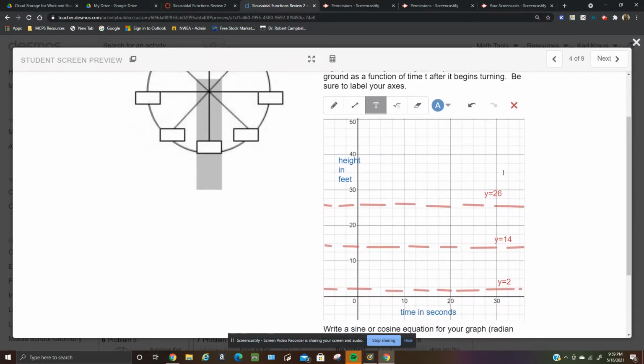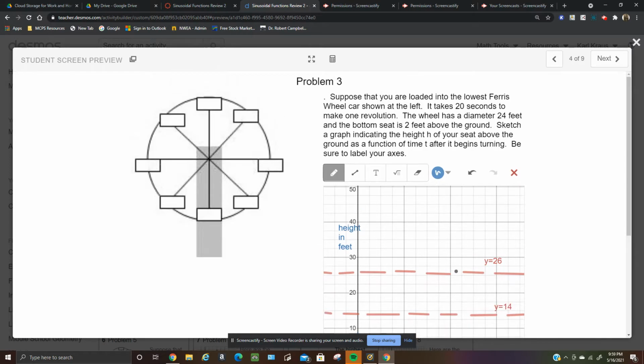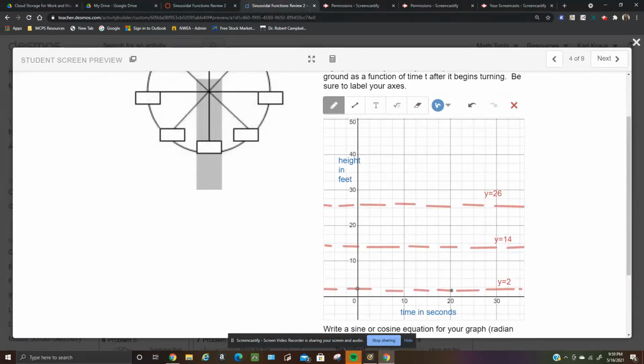So at 0 seconds, it would be at 2 feet, and then it takes 20 seconds to go all the way around. So back at 2. At 10, you would be at a maximum, and then